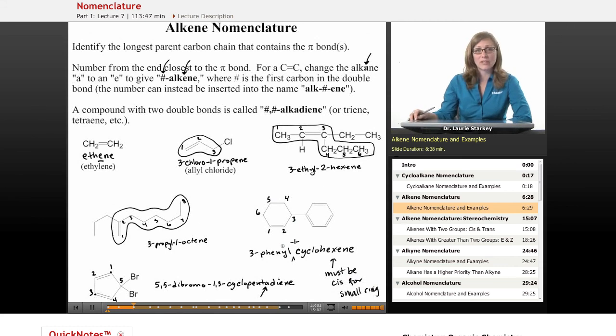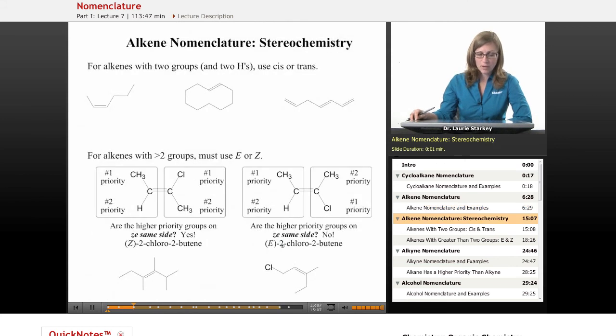Okay, but let's take a look at some examples that do have stereochemistry involved because we're going to want to include that as part of the name. Now, if you have an alkene simply with 2 groups and 2 hydrogens, then we could describe those 2 groups as being cis or trans. So cis means they're on the same